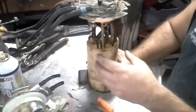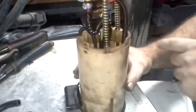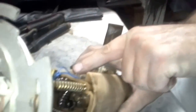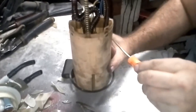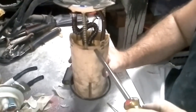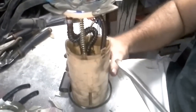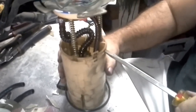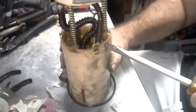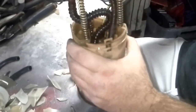Okay, so the first thing you do when you're separating this, it's got 3 little tabs. See it? 1, 2, and there's one on the back that may be a little harder to see. See it right here? Alright, so I just take a little pick and push them in because I don't want to cause any damage. Because remember, we're doing this for $10, so we've got to be careful not to be buying replacement parts. As the tabs are in, I put a little screwdriver in here and kind of twist it, and very carefully,